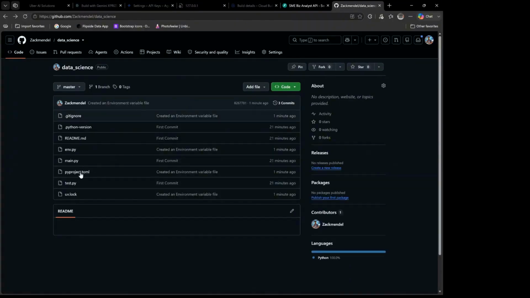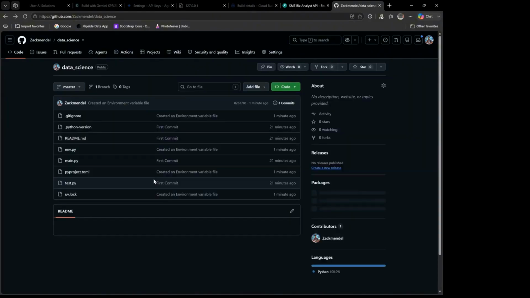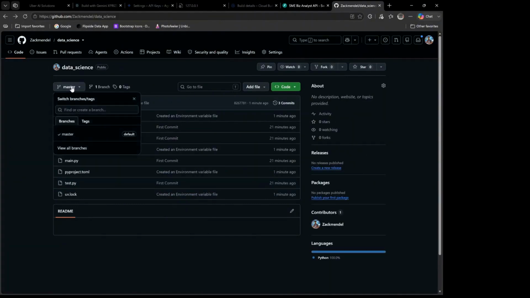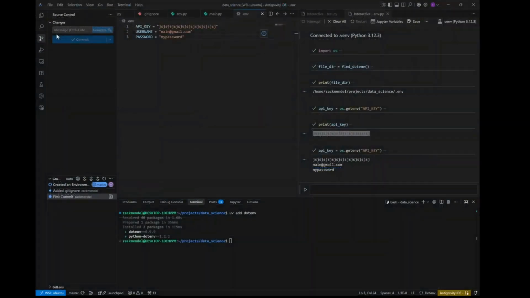So as you can see, our new env.py is here with all of what we've written just now without committing our important environment variables to our GitHub. So, we noticed we did everything on the master branch here. In some cases where you don't want to always touch the master branch, you can always make use of the production branch. And